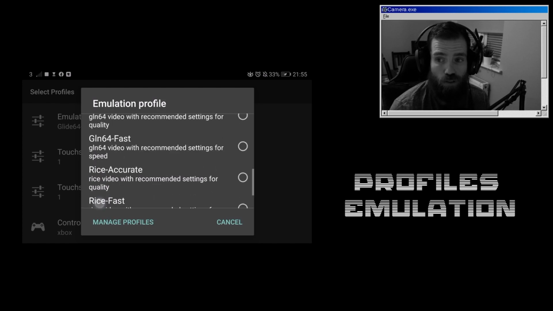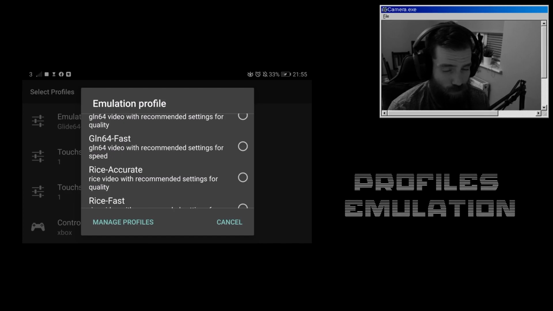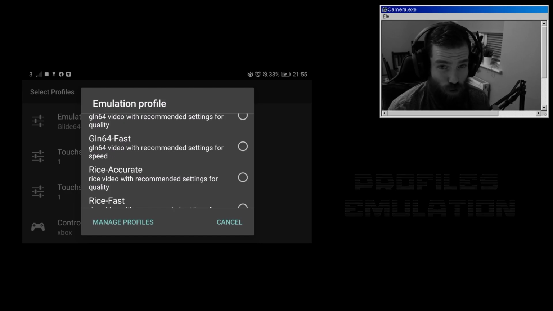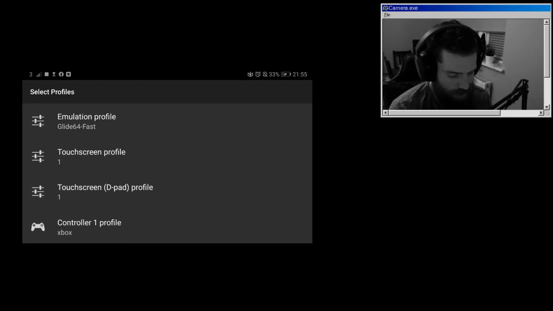So what's important to remember about this, guys, not all the games will run great on the same emulation, so you will have to do a bit of testing on it. On the gameplay later on you'll actually see what I mean. I tried a couple of different emulators out to find the best settings, especially on Perfect Dark. For some reason on the shooters I had to change it up a bit because the FPS was there, but for some reason it was getting a bit of lag. I'm not sure why.